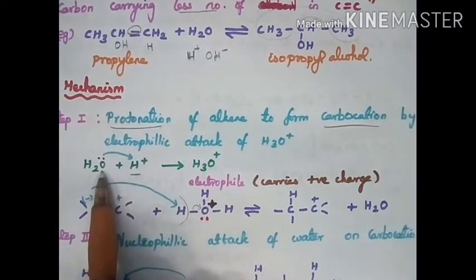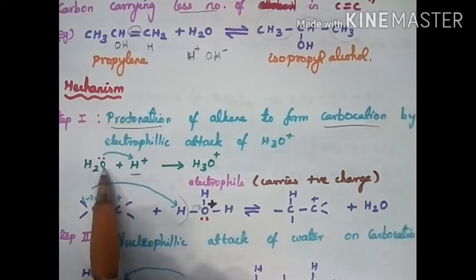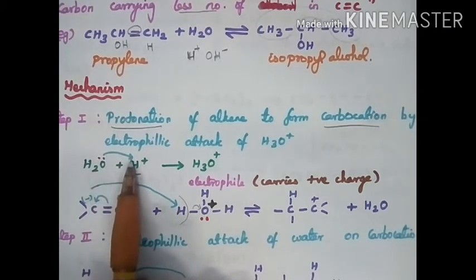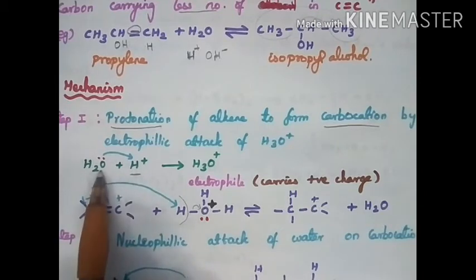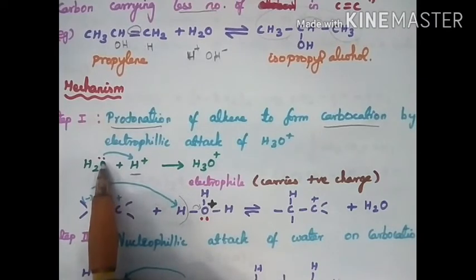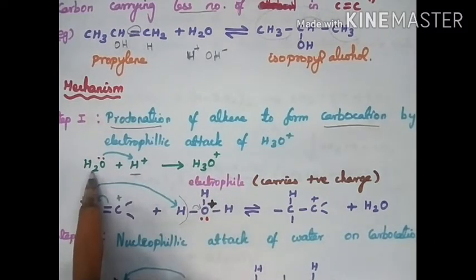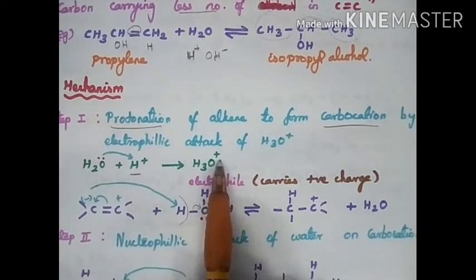Now we have water. Hydration means water, with H plus in the presence of acid. Oxygen carries how many lone pairs of electrons? 2 lone pairs. One of the lone pairs is involved in bond formation with the H plus. Oxygen has a tendency to donate its lone pair of electrons to form a bond with the H plus. So it carries which sign? Plus sign. This plus shows the deficiency of electrons. So totally here 2 hydrogens, here 1 hydrogen, H3O.